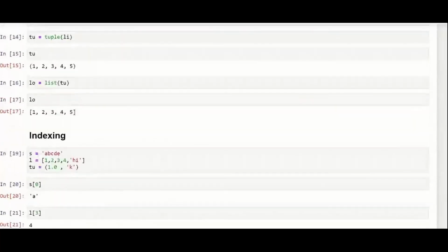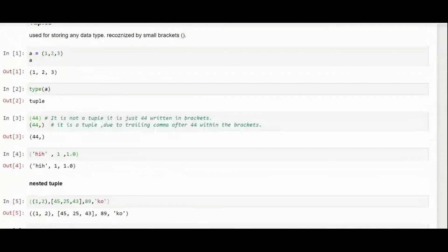Yeah, so these are basically the slicing methods which we have.